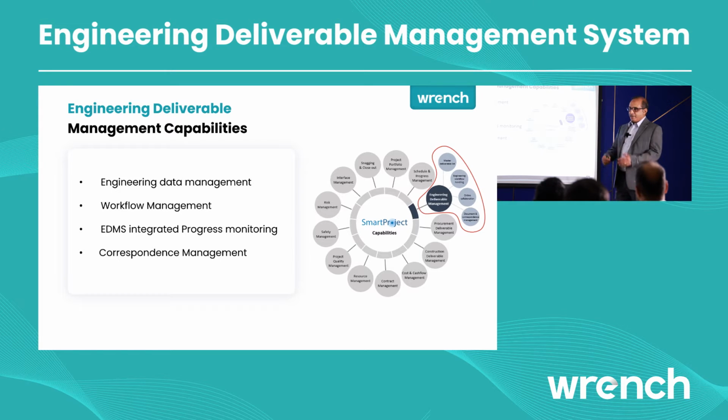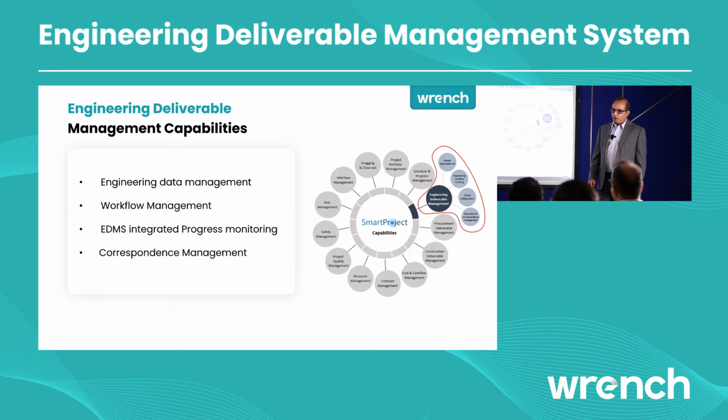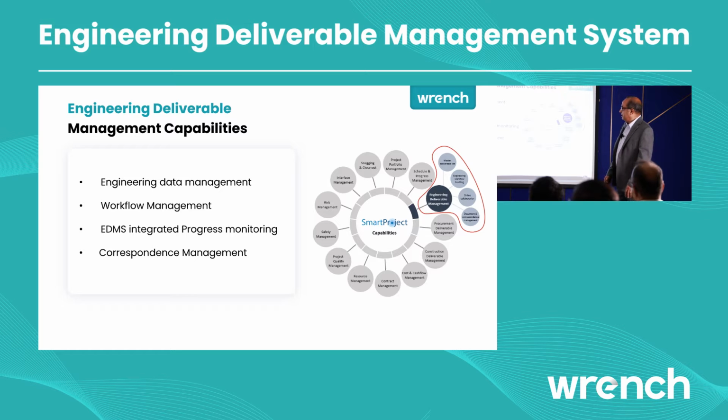Now, we have different modules of Wrench; there are 14 different modules. The focus of today is to only talk about the engineering deliverable management capability of Wrench, which includes how Wrench manages engineering data, how it manages the workflow process of engineering, and how it monitors the engineering. That's why we call it engineering deliverable management. It also monitors deliverables of engineering, and communications and minutes of the meeting, which are the communication that you do within your office and across the office for engineering